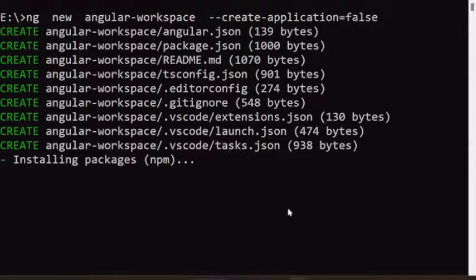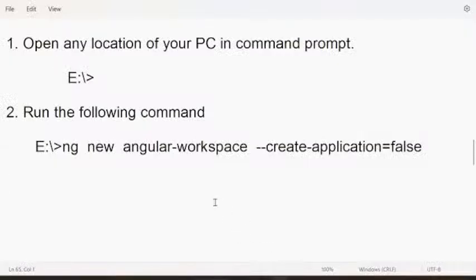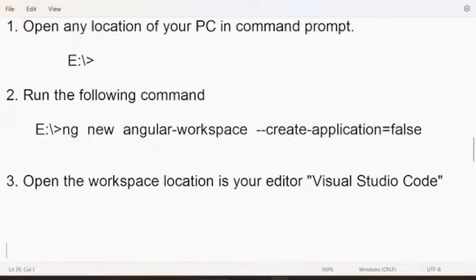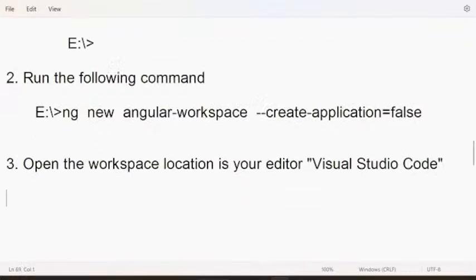Now, once the workspace is created, what you can do is open the workspace location in your editor. Your editor is Visual Studio Code. Open the workspace location in your editor.